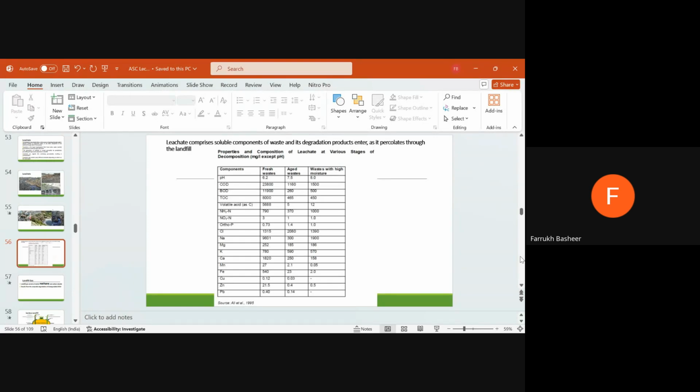This table shows the different characteristics of a landfill leachate. As an environmental engineer, we talk about that it is having a very high COD level. It is having a very high BOD level, and it also has different types of heavy metals that are present in the solid waste and that are being leached into the leachate. यानी जो impurities आपके solid waste में थी वो leach out करके उस पानी में पहुंच गई जो आसपास वहां पर था। और solid waste के अंदर अपना खुद का भी moisture content होता है जो कुछ टाइम के बाद बाहर आता है। So that's why you have to manage the leachate properly. हम नहीं चाहते कि वो ग्राउंड वाटर के तक जाए या नीचे की तरफ।